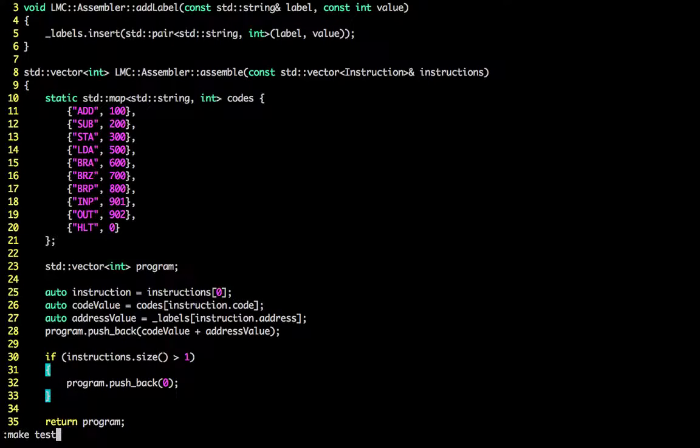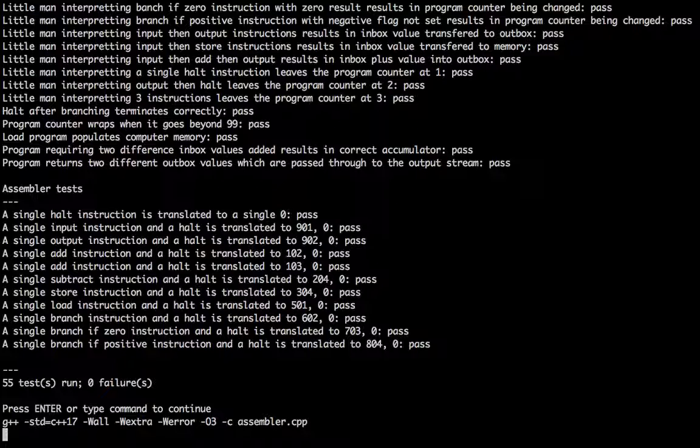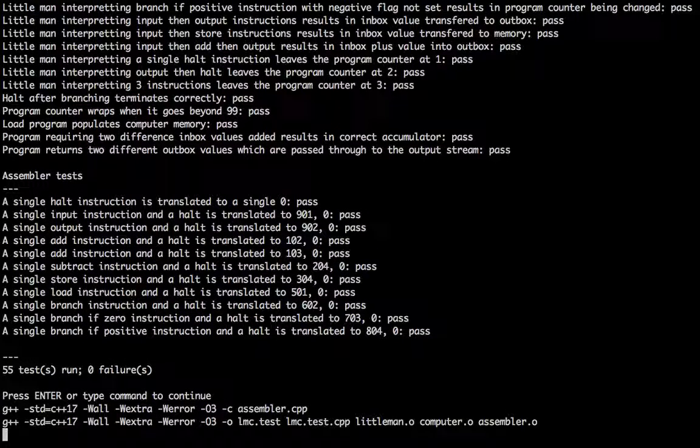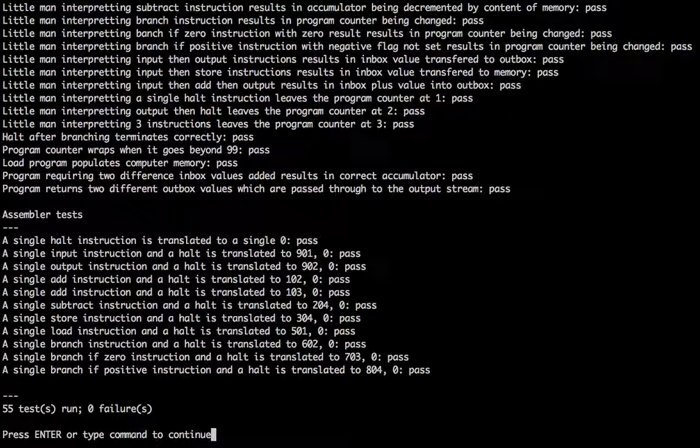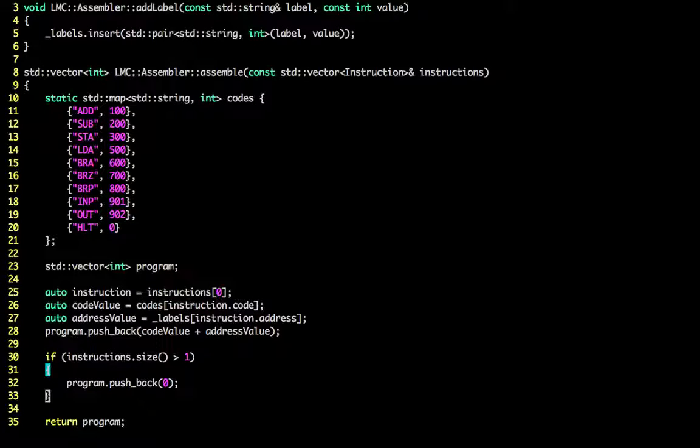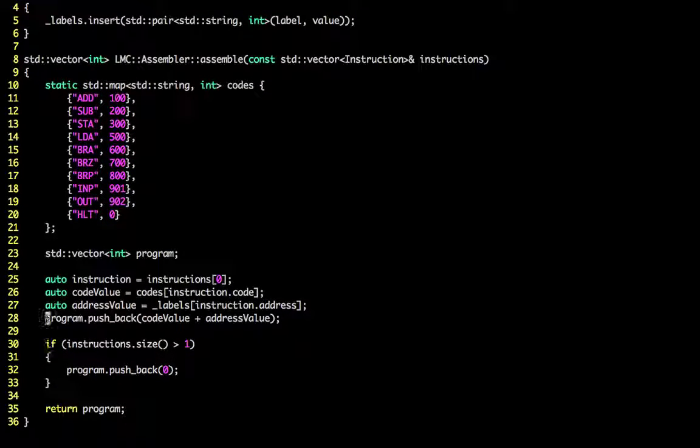Slight change in the way we've structured things, but it does mean we get the halt in our lookup table as well. And we've not changed any of the behavior with respect to the tests. As far as I could tell, yes, everything still passes there. I think I like that a little bit better because this gives us a position of something sensible that we can start looping over